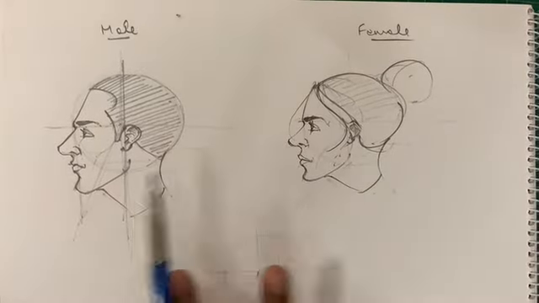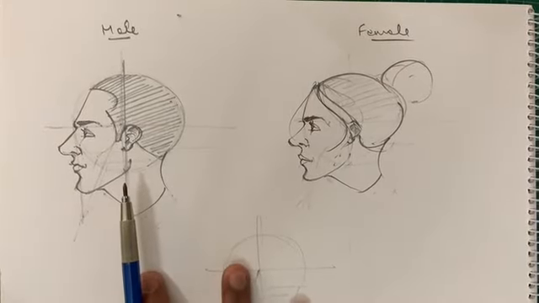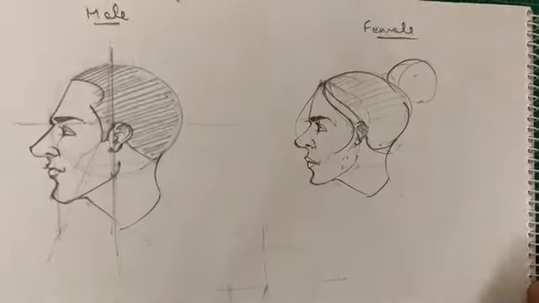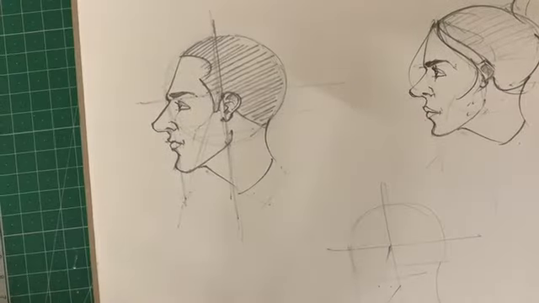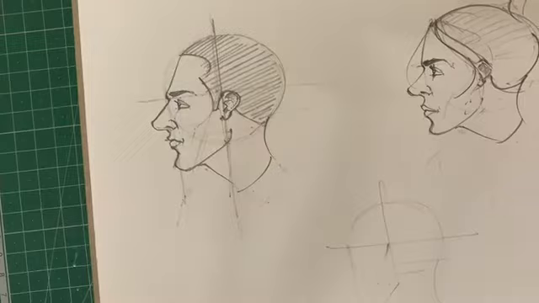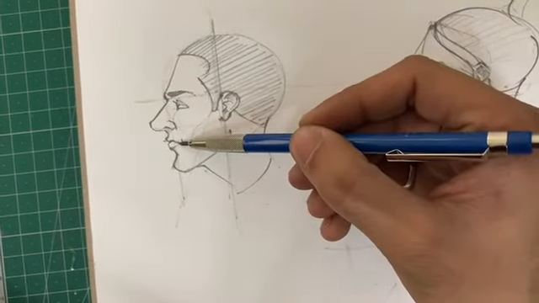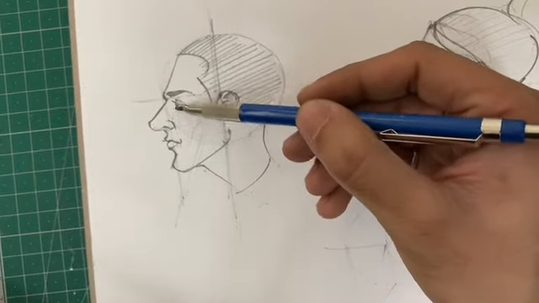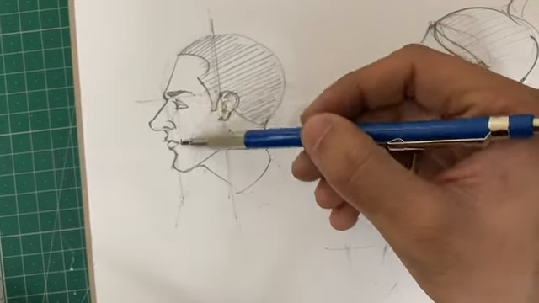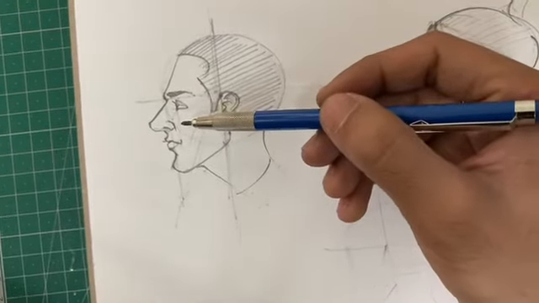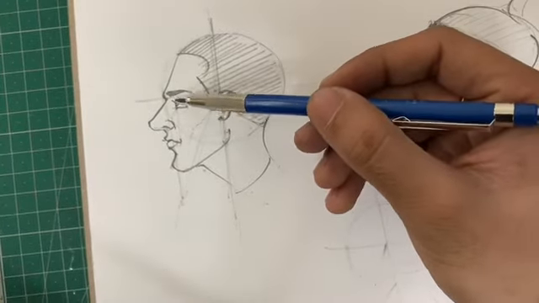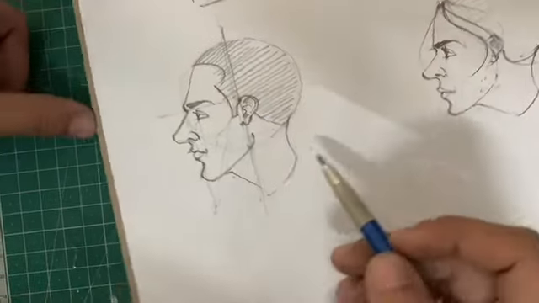So these are the general representations for the side face. Another thing which you have to keep in mind is that the edge of the lips will meet the center point of the eye so that the placement can be correct. And for the width of the eye,